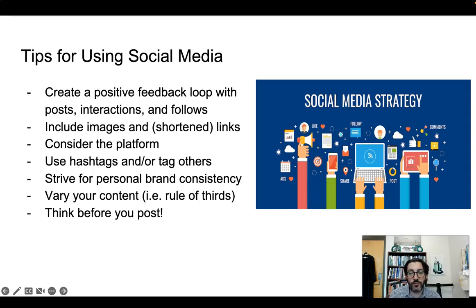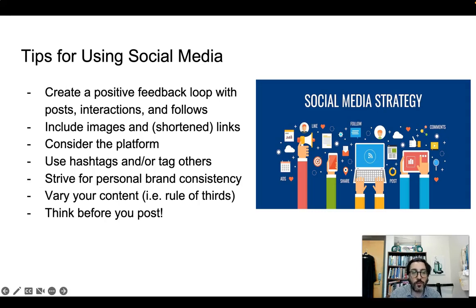Another thing which I mentioned from the previous slide is to use what are called hashtags, where you have a pound sign and then a word that serves as a kind of way of taking that word and filing it away so that people who follow those hashtags will come across them. And it could be anything relating to your post or some current event that's going on that you're commenting on, but it's just a way for people to find your post and to find you.